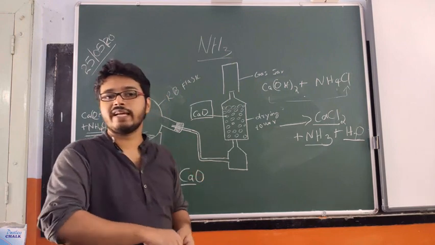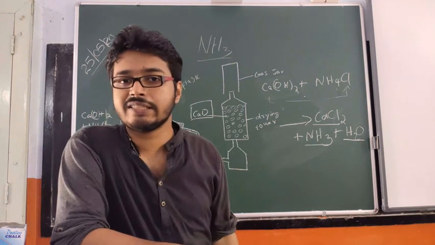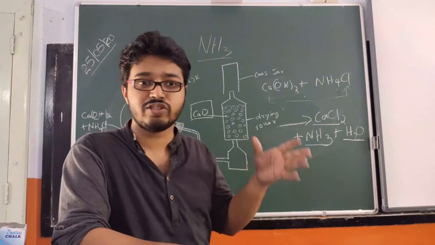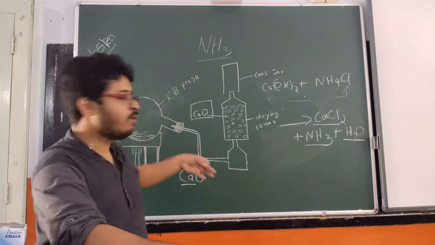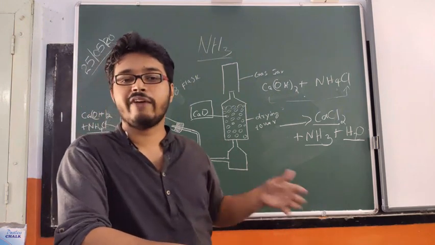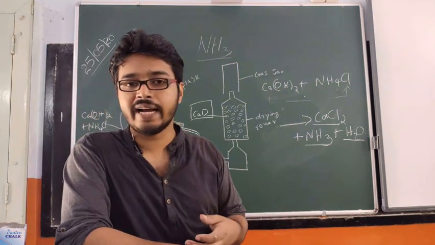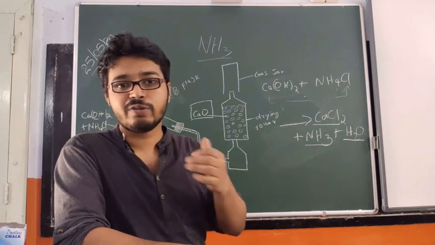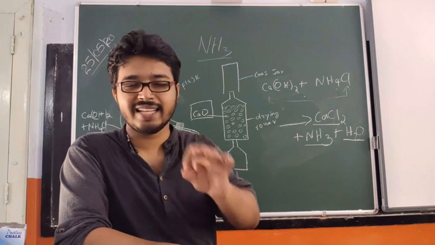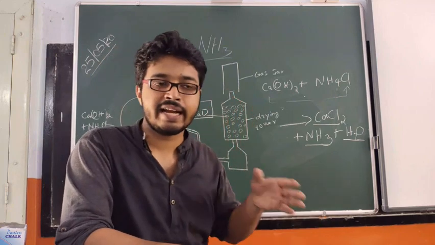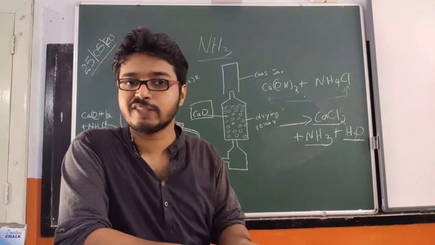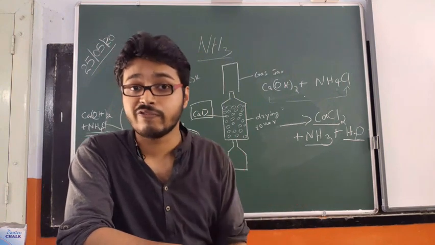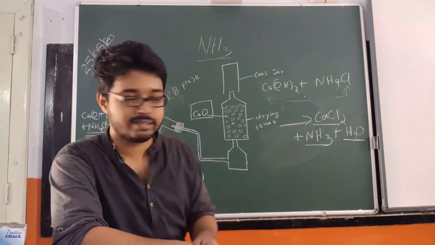So what about sulfuric acid? What if we use concentrated sulfuric acid as the drying agent? As you know, concentrated sulfuric acid is one of the strongest acids, and ammonia is a base. So definitely the ammonia will react with the concentrated sulfuric acid, and you won't get any ammonia. Other than that, the reaction between an acid and a base is highly exothermic. It can cause some explosion. It can liberate a lot of heat energy. So it will be dangerous.